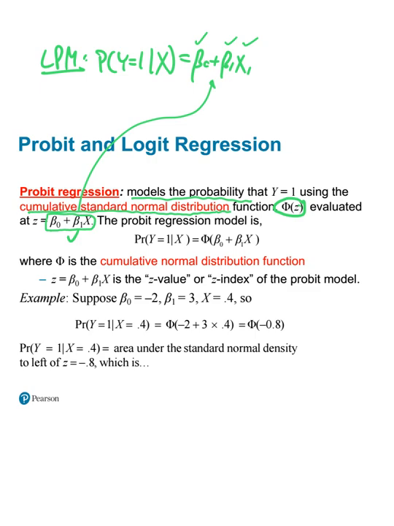So highlighting what we have now, the probit regression model then is still the probability that our dependent variable is equal to 1 given our independent variables. But now it's a nonlinear function of beta naught plus beta 1x evaluated according to the cumulative standard normal distribution. And we're going to see a handful of examples coming up shortly. All right, so we're going to call this little portion that's in here, beta naught plus beta 1x, we're going to call that our z value or our z index, just depending on the textbook, of our probit